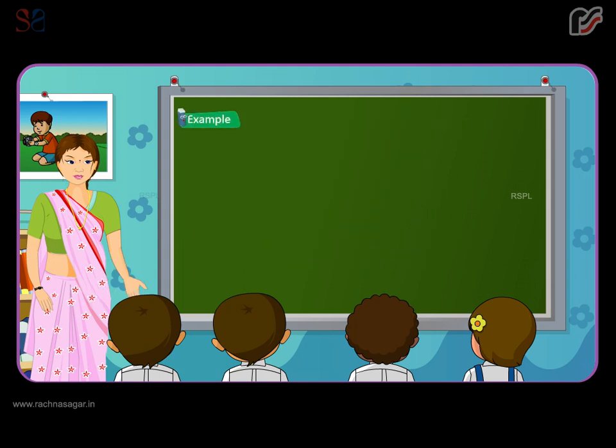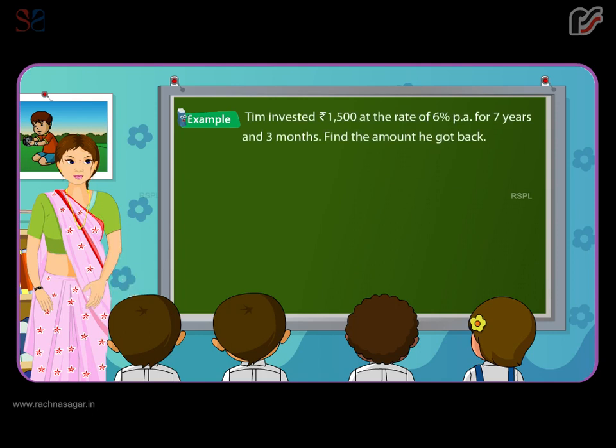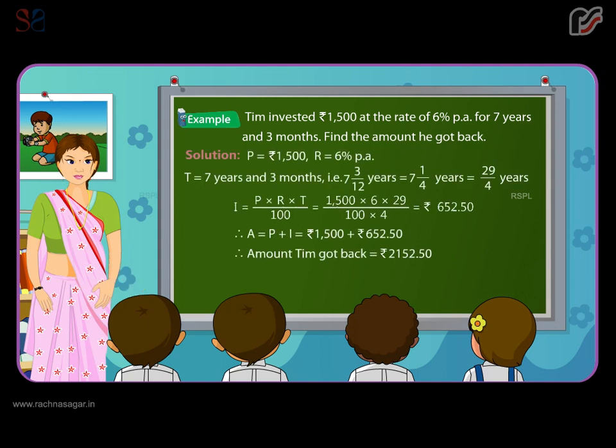Example: Tim invested 1,500 rupees at the rate of 6% per annum for 7 years and 3 months. Find the amount he got back. Solution. P is equal to 1,500 rupees. R is equal to 6% per annum. T is equal to 7 years and 3 months. That is 7 and 3 upon 12 years is equal to 7 and 1 upon 4 years is equal to 29 upon